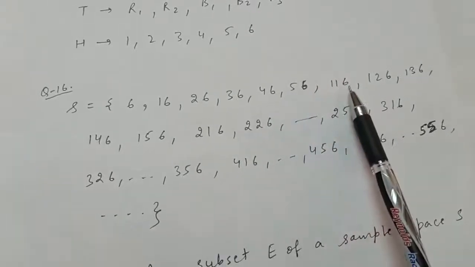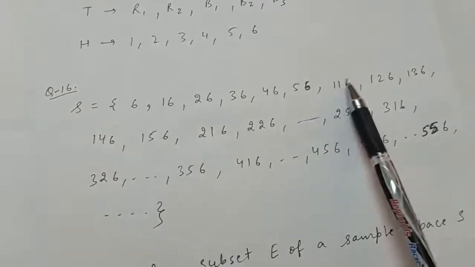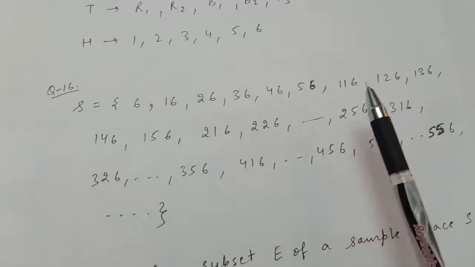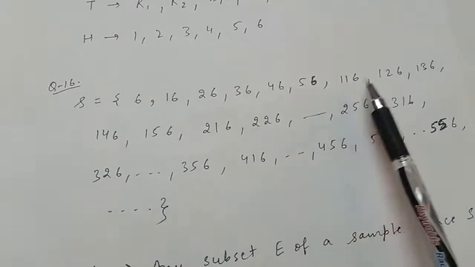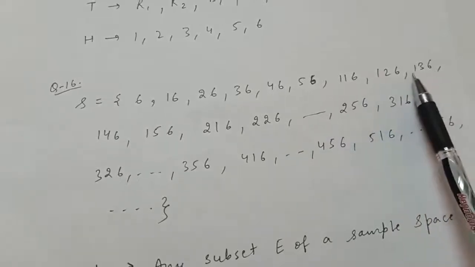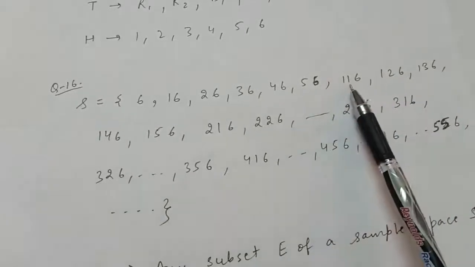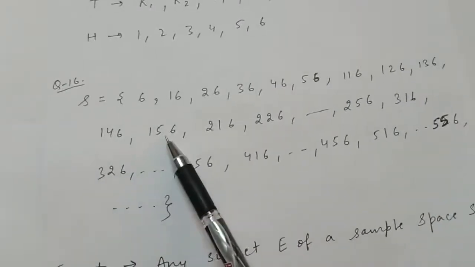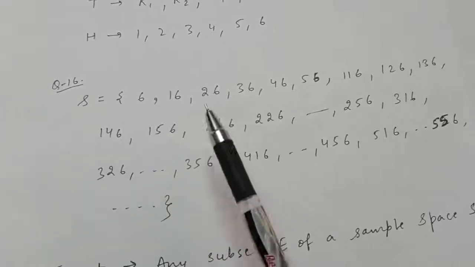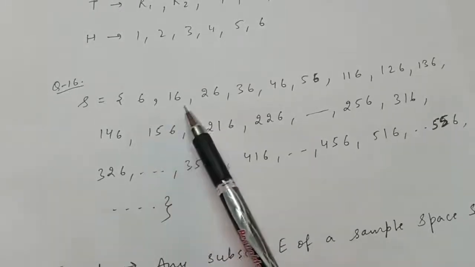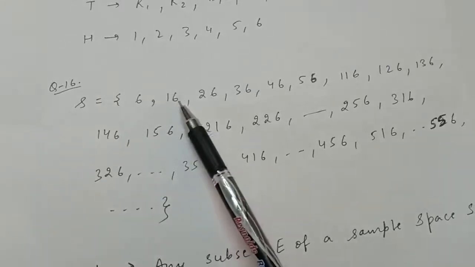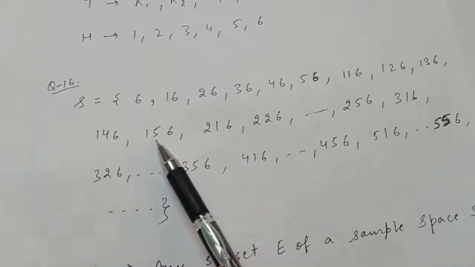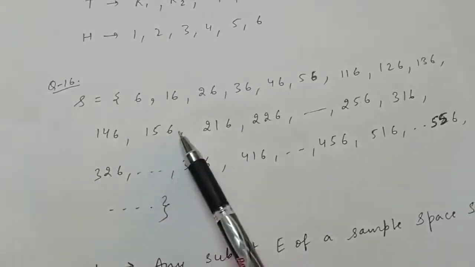Now it can be the case that 6 appears at the third roll. That is, at the first two rolls, 6 will not come. Other than 6, what can come? 1, 1, 1, 2, 1, 3. Fix 1 and then shift the second roll numbers 1, 2, 3, 4 up to 5. We will not take 1, 6, 6. Why? Because if we consider 1, 6, then it will stop here only, right? But we are considering that 6 will come at the third roll. So we will consider up to here only: 1, 5, 6.